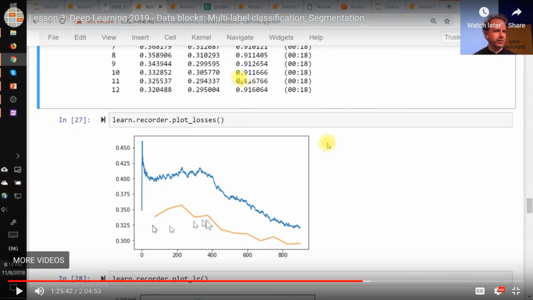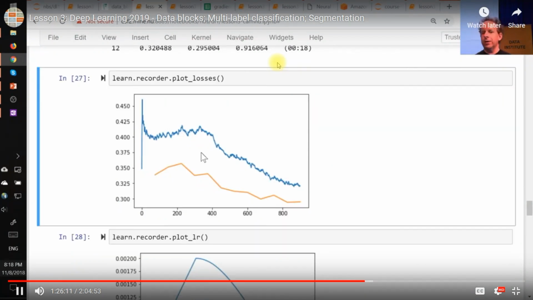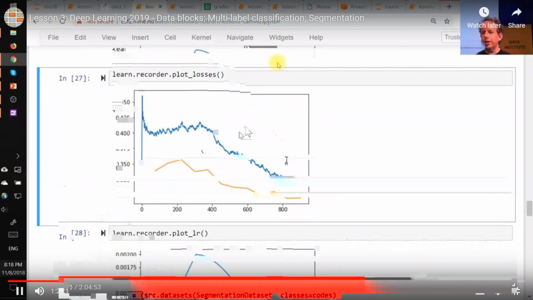Again, the difference between knowing this theory and being able to do it is looking at lots of these pictures, right? So after you train stuff, type learn.recorder dot and hit tab. You see what's in there, particularly the things that start with plot, and start getting a sense of what these pictures look like when you're getting good results. And then try making the learning rate much higher, try making it much lower, more epochs, fewer epochs, and get a sense of what these look like. So in this case, we